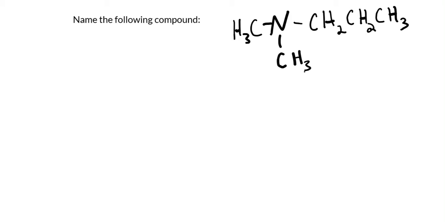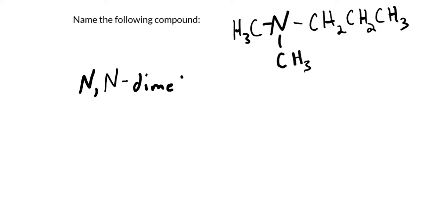So lots to deal with here, so let's handle it one thing at a time. First of all, the methyl groups would come alphabetically before the propyl group, and especially with that di prefix that we're going to have to add in there. So we're dealing with a dimethyl N-propylamine, but we have to make sure that it's clear that the methyl groups are on the nitrogen and not on the propyl group, right? They could be on that middle carbon there of the propyl group. So the way we do that is we say N to denote that it's on the nitrogen, and then since there's two of those methyl groups, we'll put another N there, so it's NN